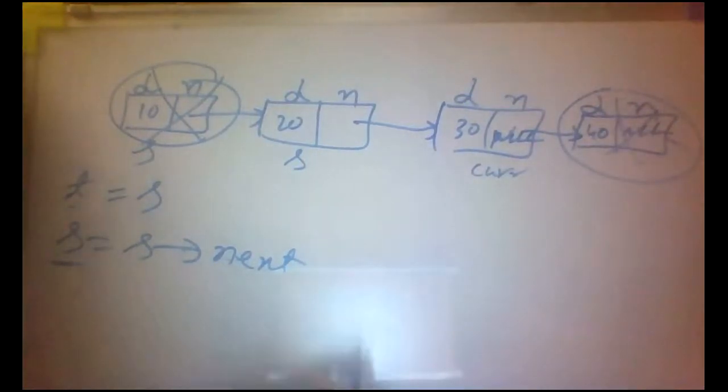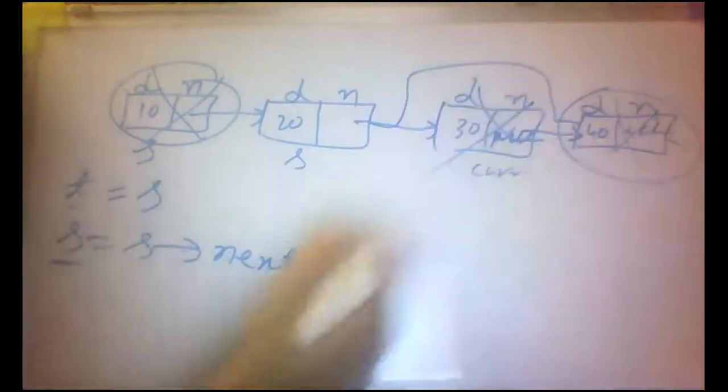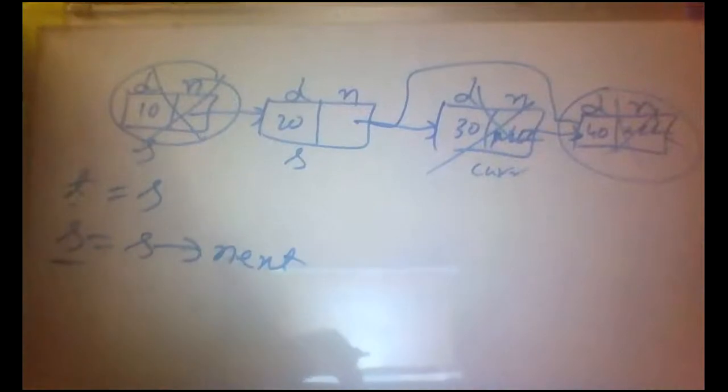Middle of the position, then this one to next equal to this one. So then simply removed from this. Clear? So in this example,